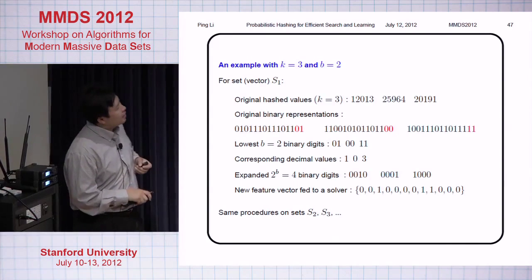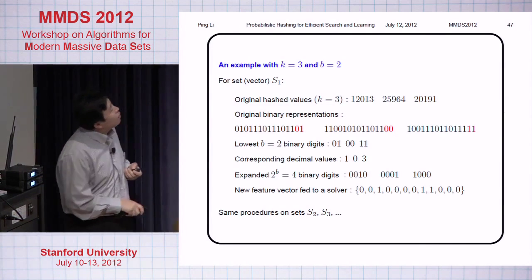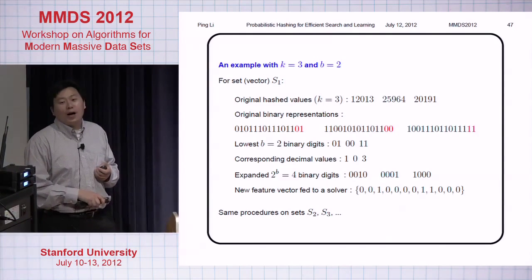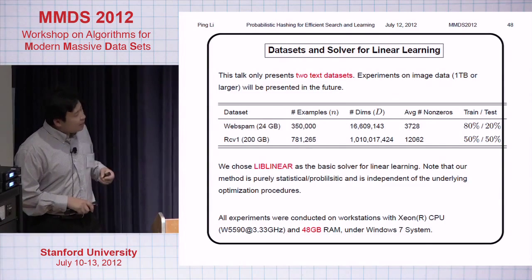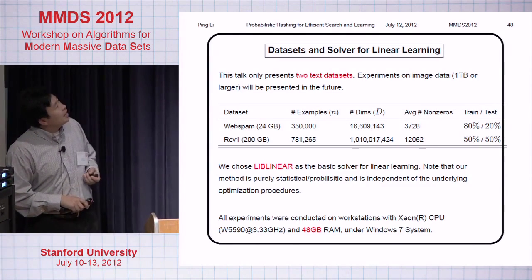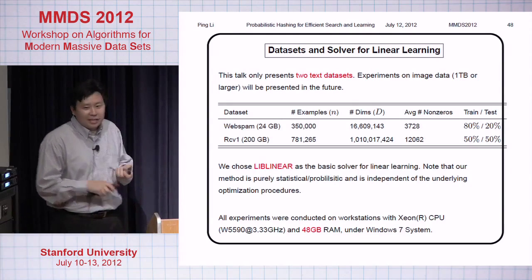So it's simple as that. Then you apply the same thing to other sets. So it's extremely simple, and works very, very well for binary data. And sometimes it's just an amazing fact that when you look at a lot of things that work, it's all simple. So simplicity looks like